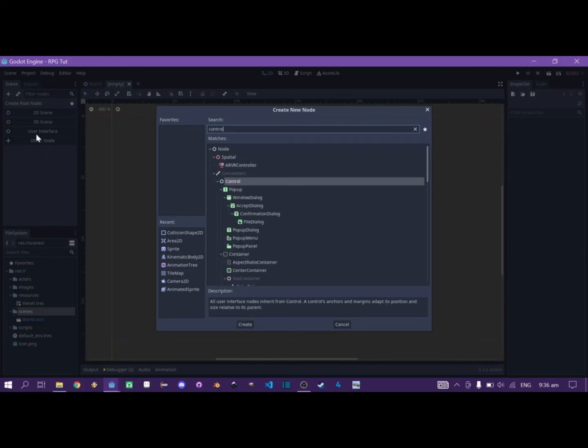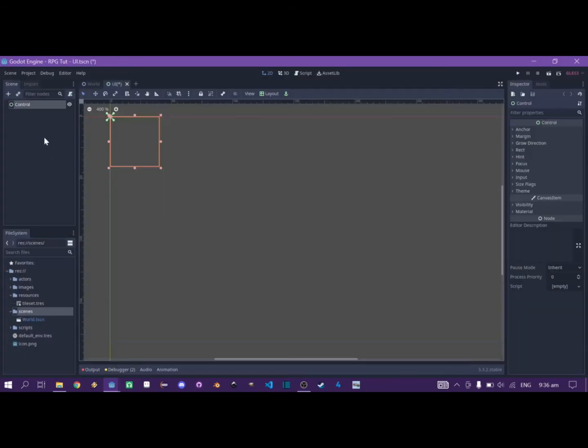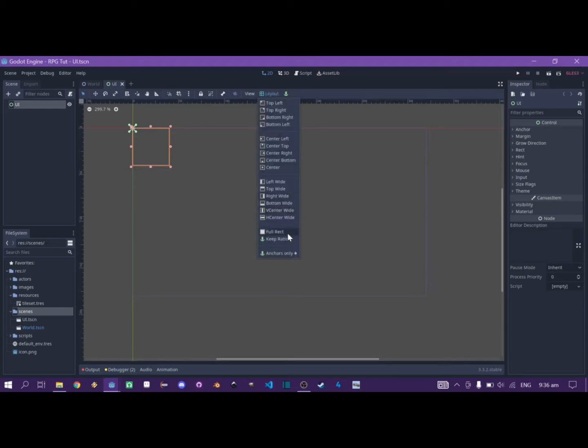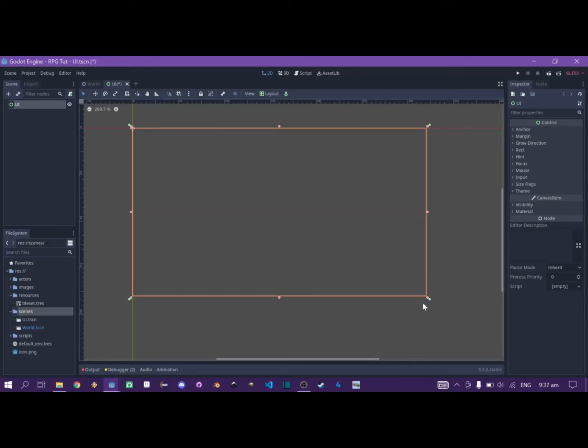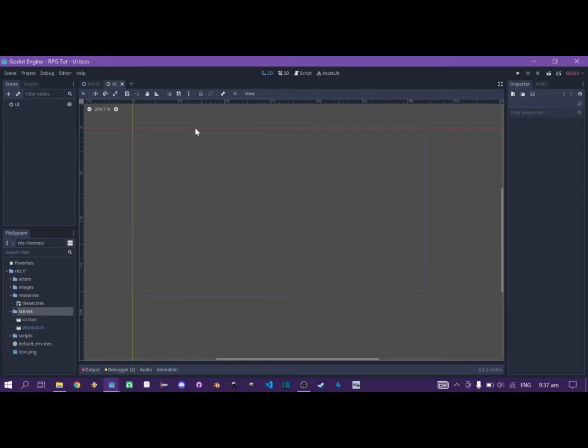So parehas lang yan silang dalawa. Okay, control, rename this to UI, then click this layout, full rect, para ma-occupy na niya yung buong viewport, this blue line right here. So I click full rect, occupy na niya yung lahat ng whole viewport. Okay, save,